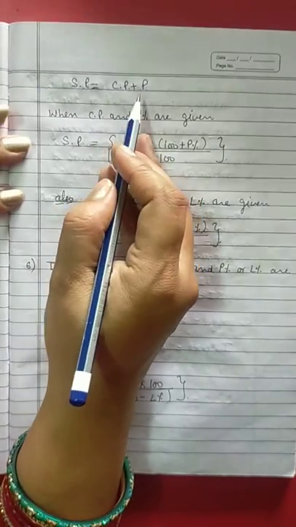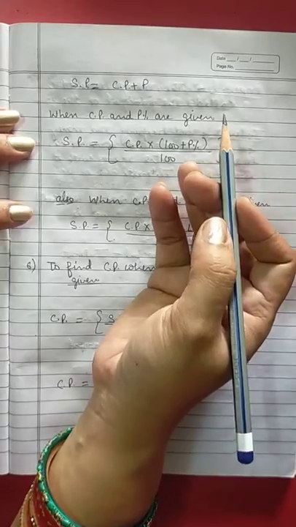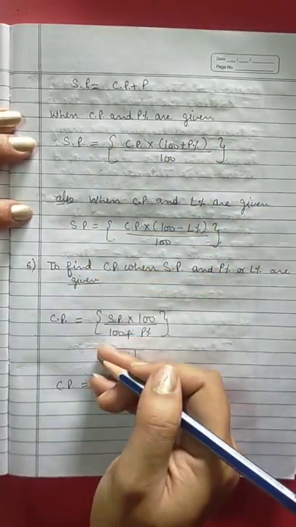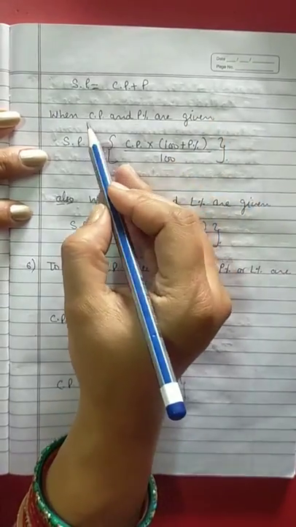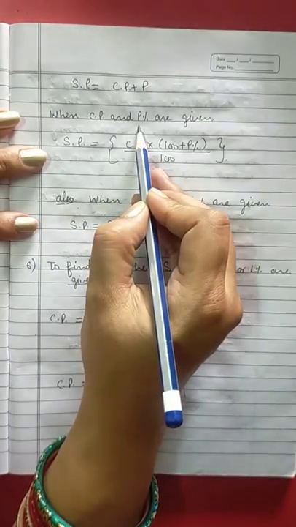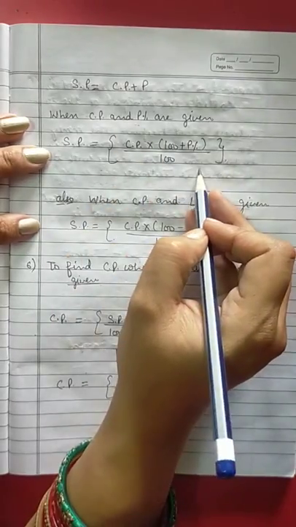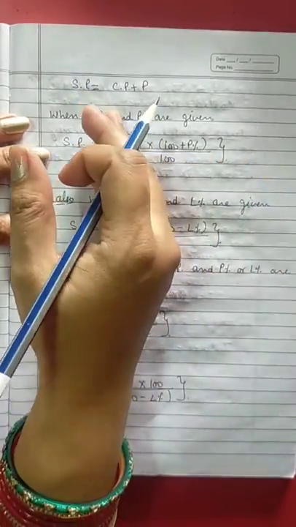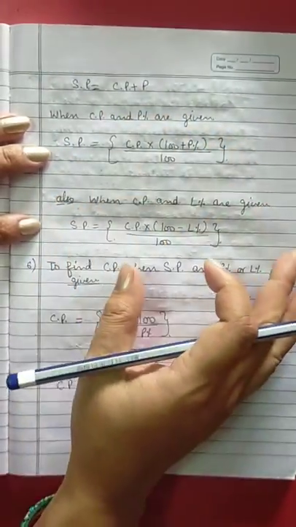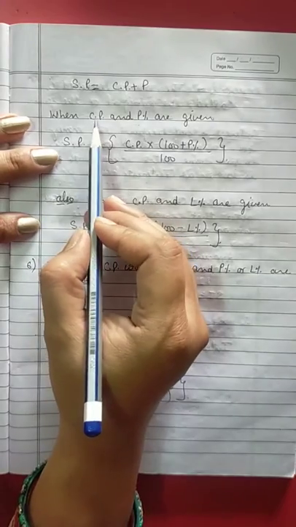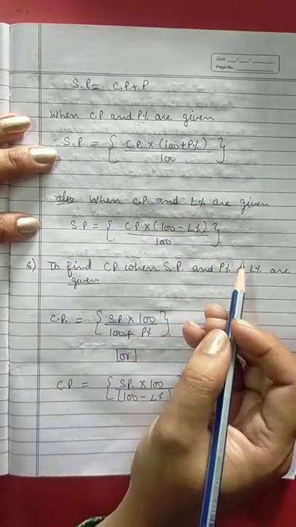But if you are having both, then you can add both profit and cost price, you can get your selling price. Fine. I am going to tell you more formulas here on how to find out the selling price. See, when cost price and profit percentage is given to you, that time you can apply this one formula directly also, or you can first find out the profit, then add profit to the cost price. Fine. So what is saying here, when you are having cost price and profit percent directly, you can apply this one formula and you can get your selling price.